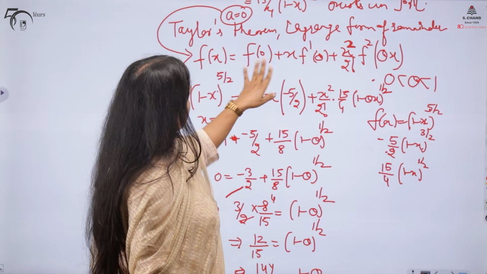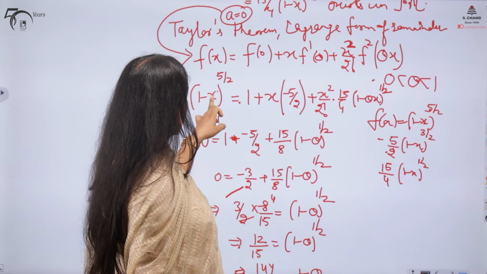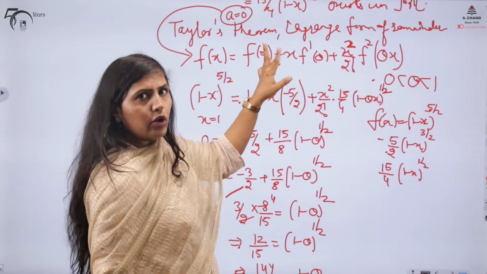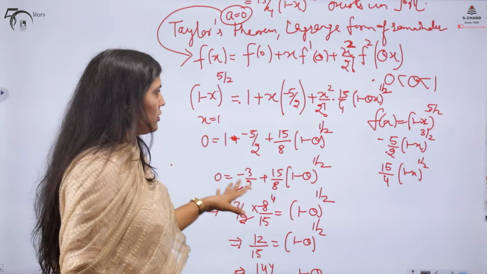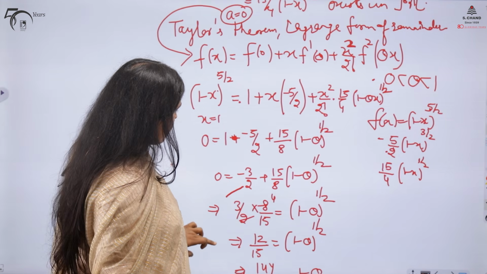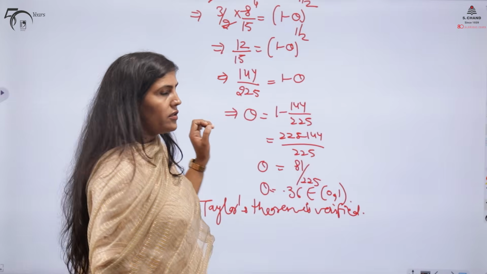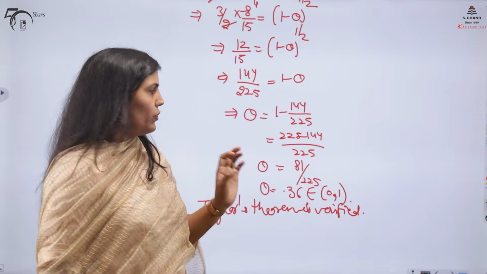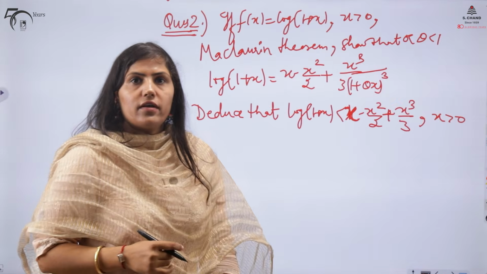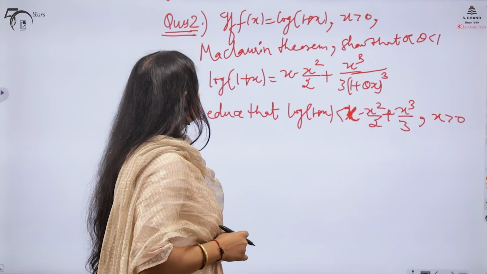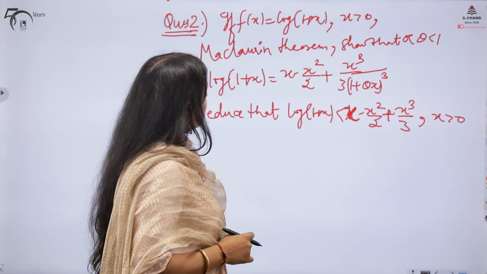In this form, first a0 we have kept, then x equal to 1, because for any value between 0 and 1, this theta should get satisfied, and finally we are getting theta as 0.36. So, we have seen how to verify the theorem. We have done one question. Let us start with the second illustration, and that is if your function is log of 1 plus x, where x is greater than 0,